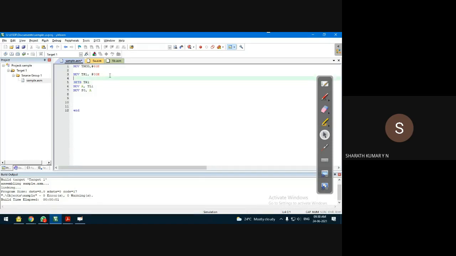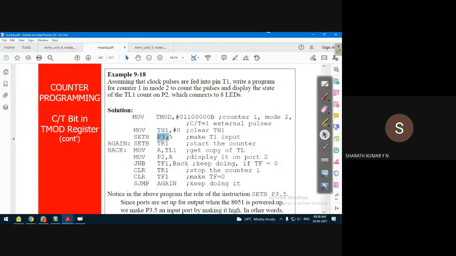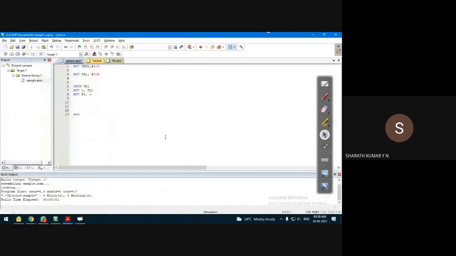First we have to configure P3.5, which is the timer 1 input, the counter 1 input, as an input port. SETB P3.5 will set that pin as an input port.